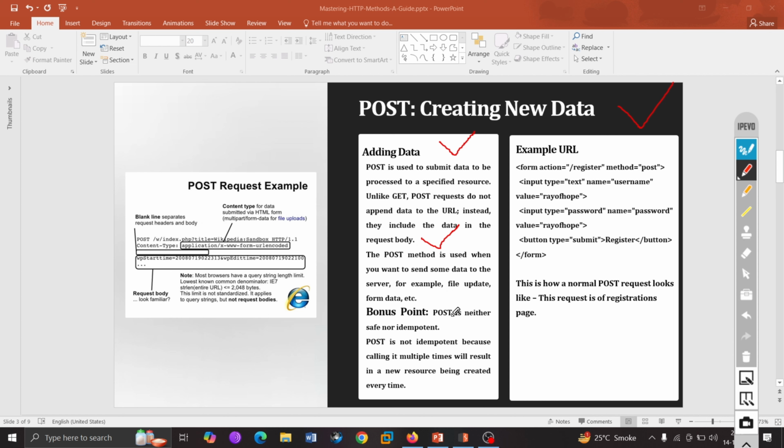Most important, POST is not idempotent, right? POST is not idempotent because calling it multiple times will result in a new resource being created every time. Because basically we use POST to create data, to add data, not to update data. An update can be repeated again and again with the same result, but POST will create again and again. So calling it again and again, that is the reason it is not